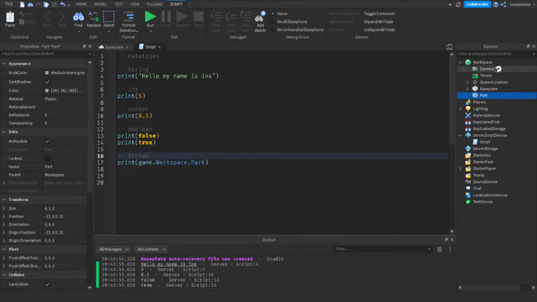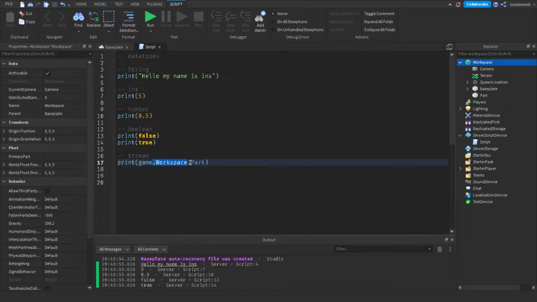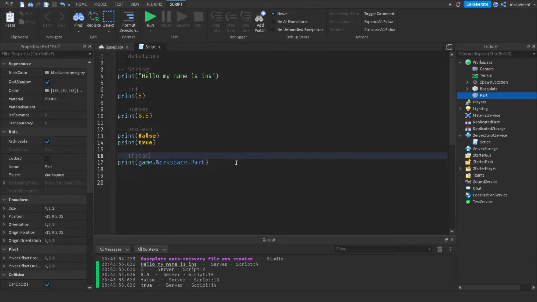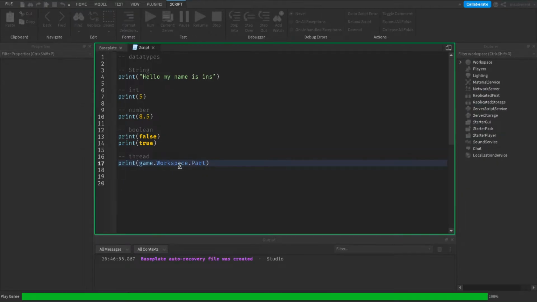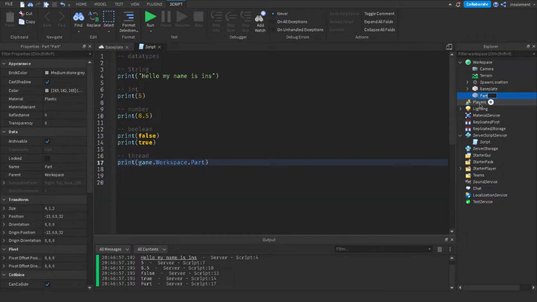So think of game as the explorer. This is the explorer. We go from game to the workspace. Workspace is right here to the part, and it finds the part down here, right? And if we were to print it, it would print its name part, right? But if we were to change the name to like test, we would have to change name here as well. If we did not, it would